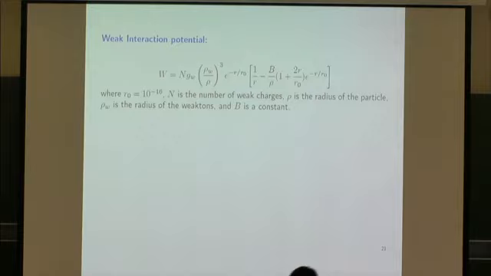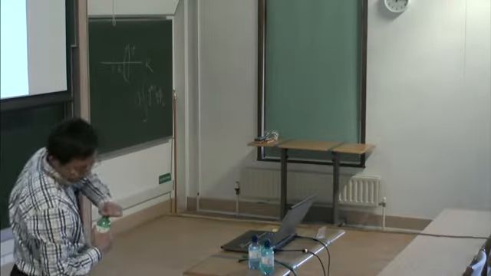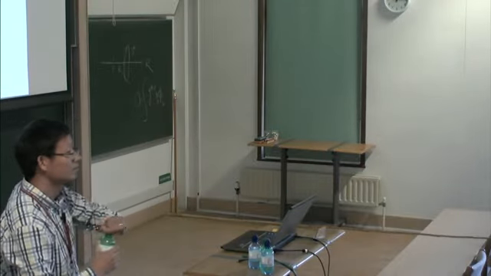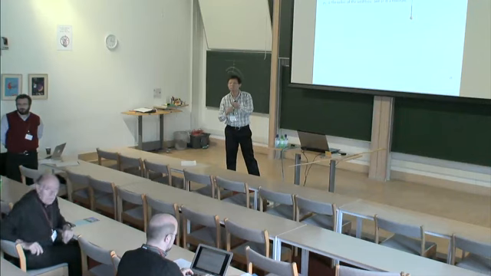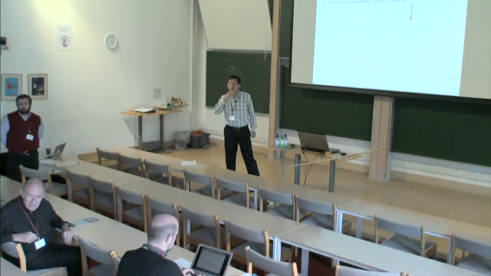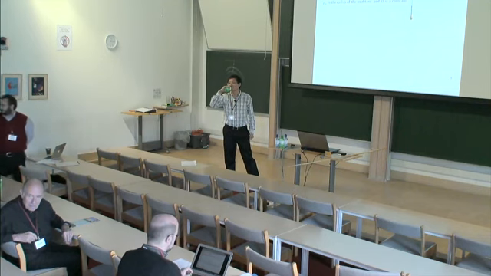Comments or questions? Yes, please. You apply your very general ideas, for example, to explain dark energy and dark matter, but I saw that in your calculation you get a modification of the gravitational potential, and there are very strong constraints on how the gravitational potential can be modified from experimental grounds. So is that still compatible?